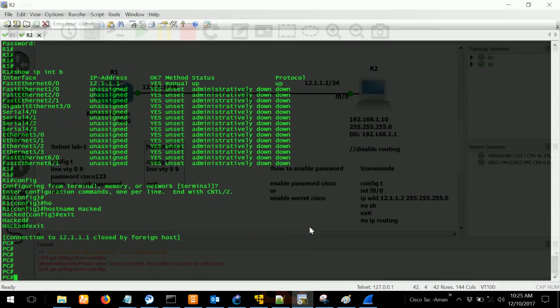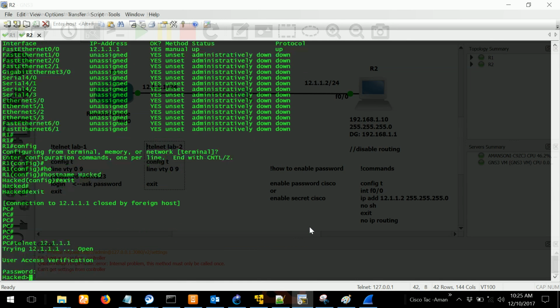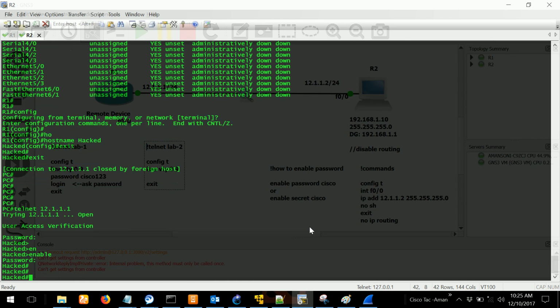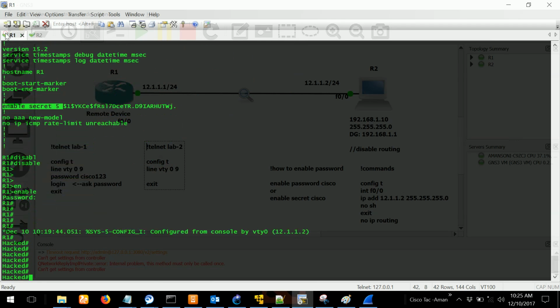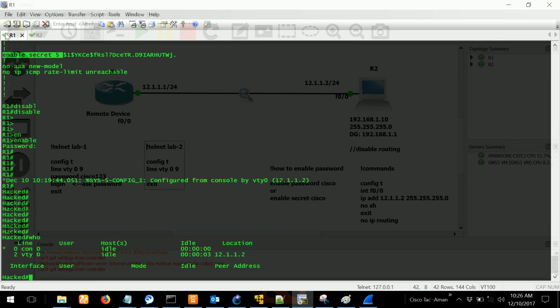I will log in. I will take the telnet connection again, Cisco 123, enable Cisco. I will go to R1. Right now I'm logged in, right? Pay attention to that. On R1, who is logged into me? Two users are logged into me. One via console access, which is myself, and one is accessing line VTY0 from this location, but I don't know what is his username. I don't know which person has the credential to access it.